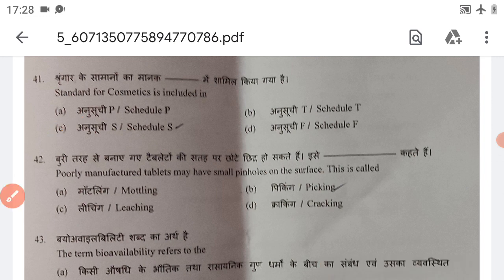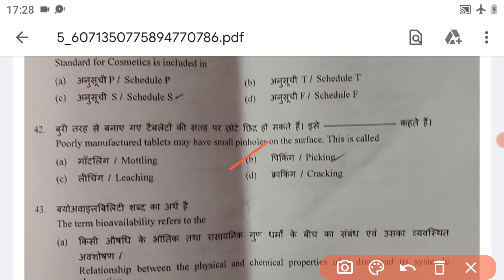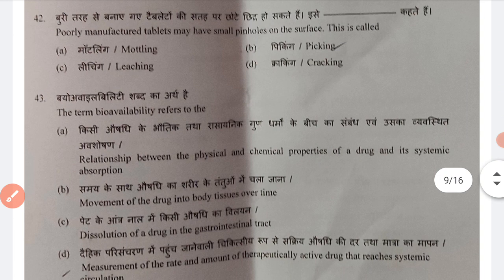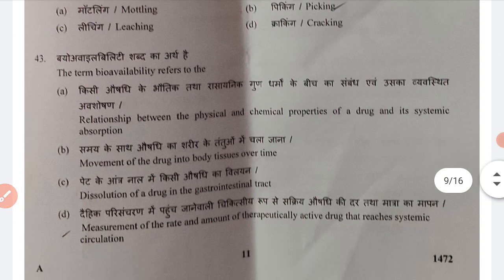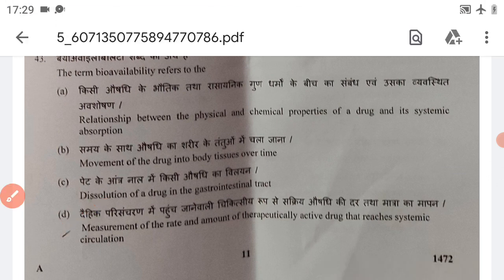A poorly manufactured tablet may have small pinholes on the surface. Pinholes, P, pinholes and P, peaking. So this is the trick, peaking and pinholes. Next, the term bioavailability refers to measurement of the rate and amount of therapeutically active drug that reaches systemic circulation. Option D is right. Next,